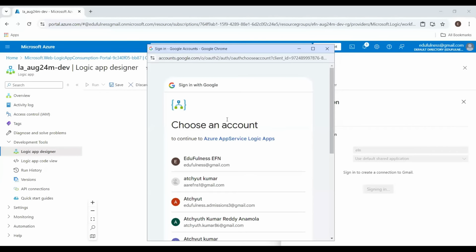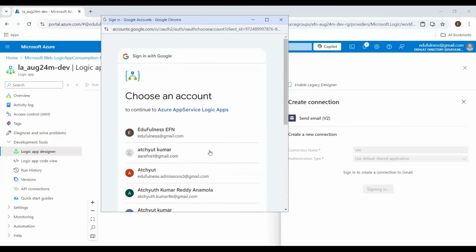Yeah. See, this is the pop-up. In general, this is how you will log in. These are the existing logged-in emails in my browser. So either you can directly log in, you directly go here. So I'm just clicking on this. With this, I'm just logging in